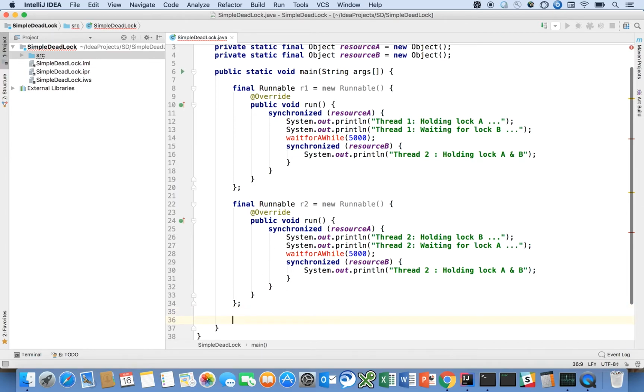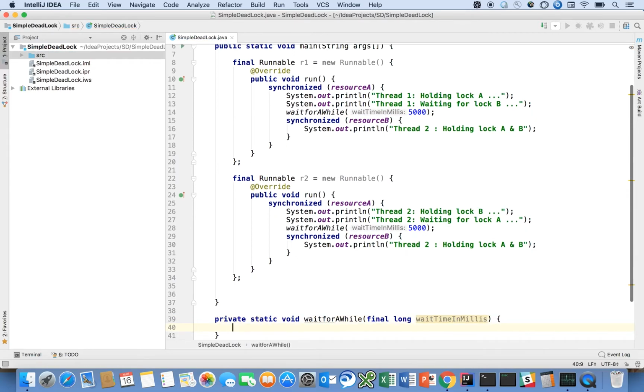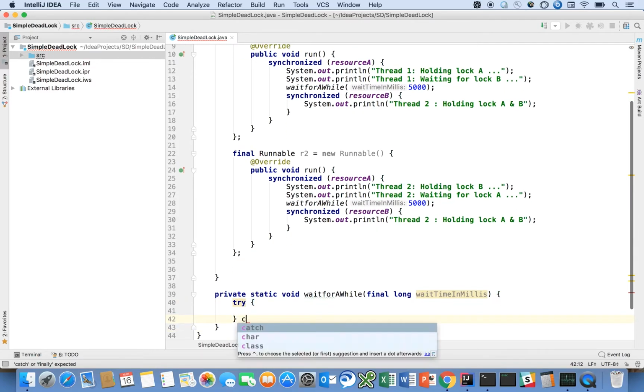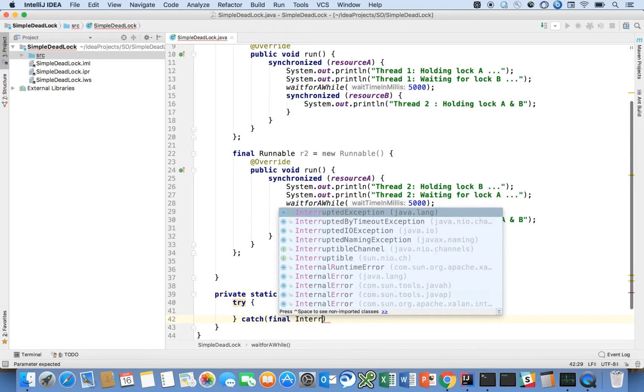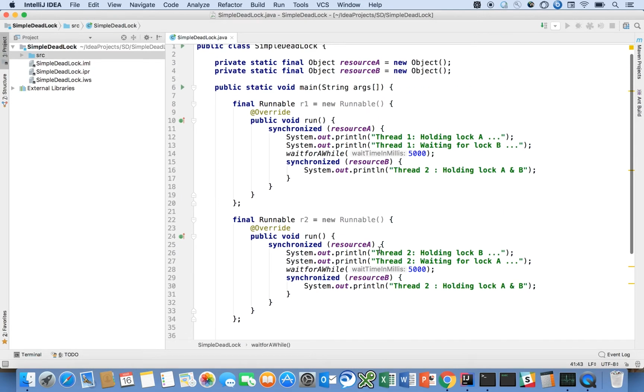So let's also, outside of our main method, declare a private static void waitForAWhile, final long waitTimeInMillis, and let's just be really simple: try and catch InterruptedException e, and the try is just Thread.sleep for waitTimeInMillis. Okay. Right. So now we have that,